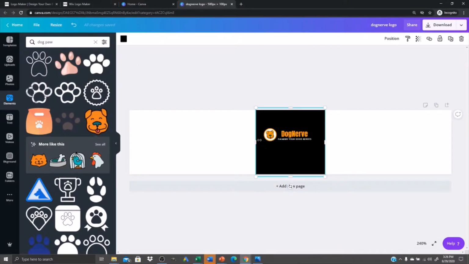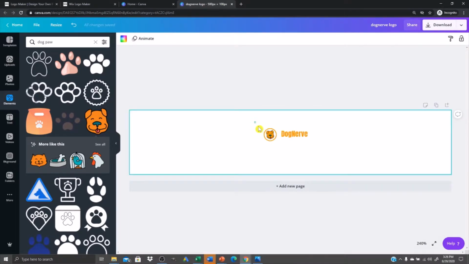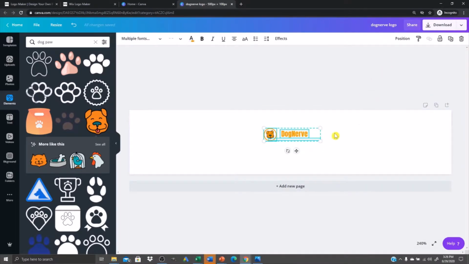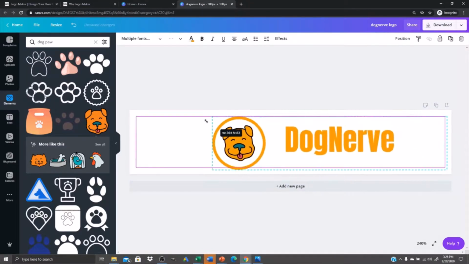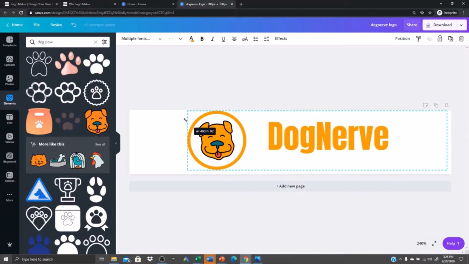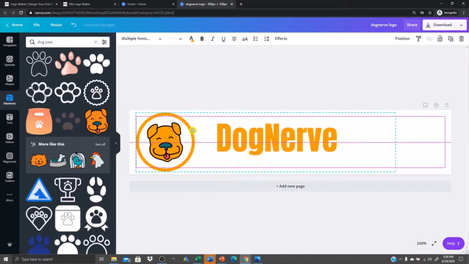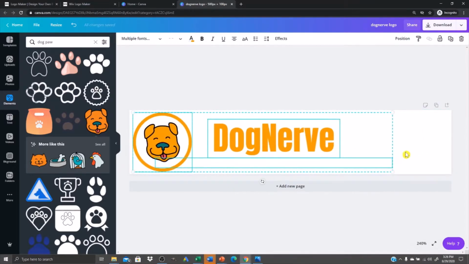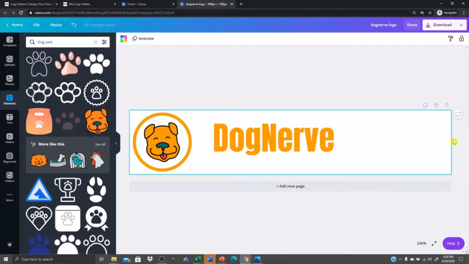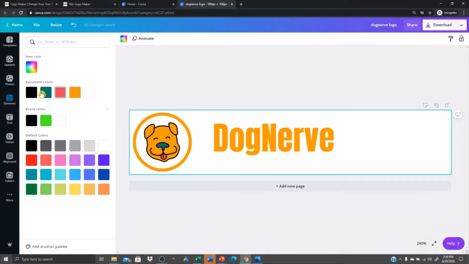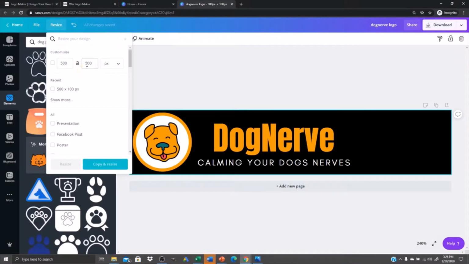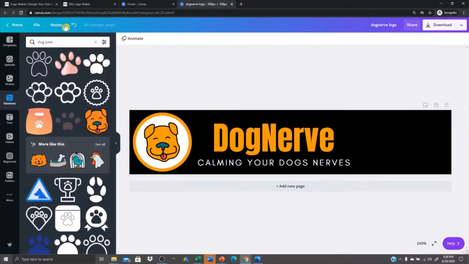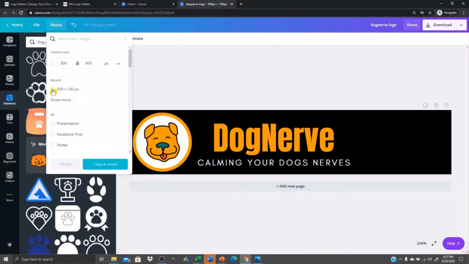And now what I can do is, I'll get rid of the background for now. I'll highlight all of these and make it as big as possible. Move it over. And then I could even shrink the size of this. I'll make the background black again. And then I can resize again. It does that sometimes. It still says,